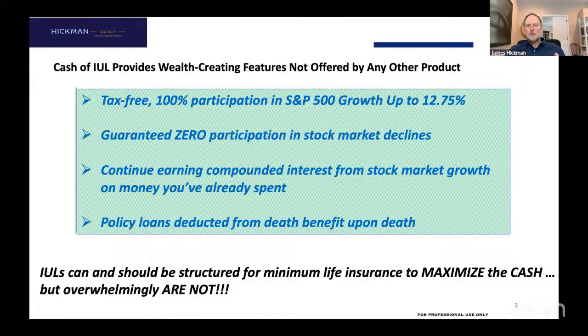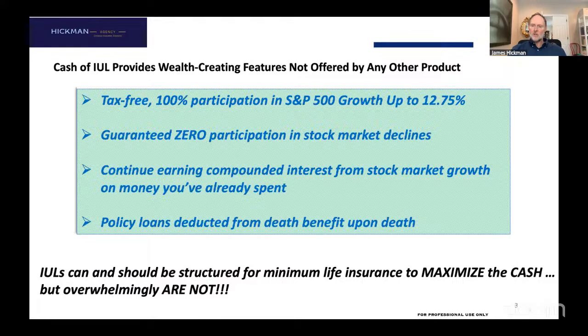But these are plans that were meant to sell life insurance. The carriers thought, hey, what if we had a cash component? This is decades ago. What if we had a life insurance plan that had a cash component that did all the things that this cash does? I'll bet you people would like that better and would sell more life insurance. They were correct. They also made the calculation that independent agents that help us sell this to individuals, by and large, are not going to run around telling their client, you should minimize the life insurance and minimize my commission in order to maximize your cash. They were right.